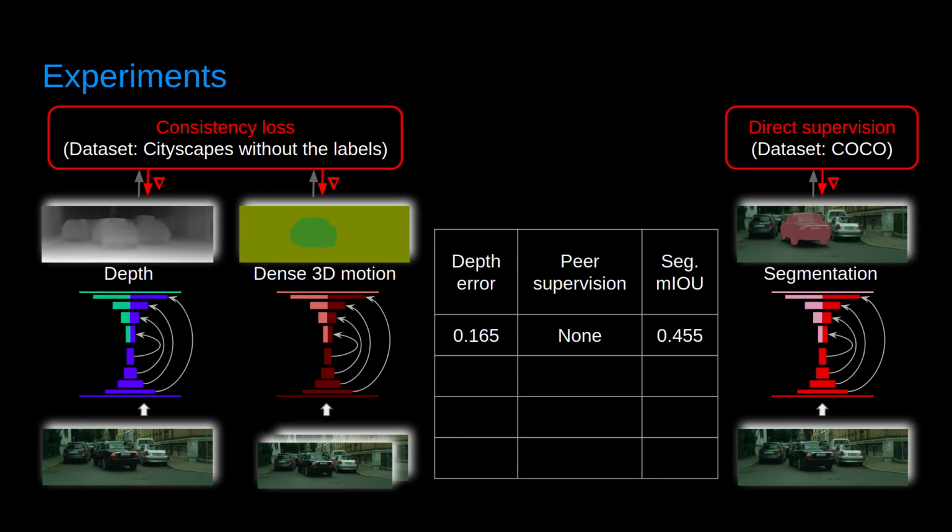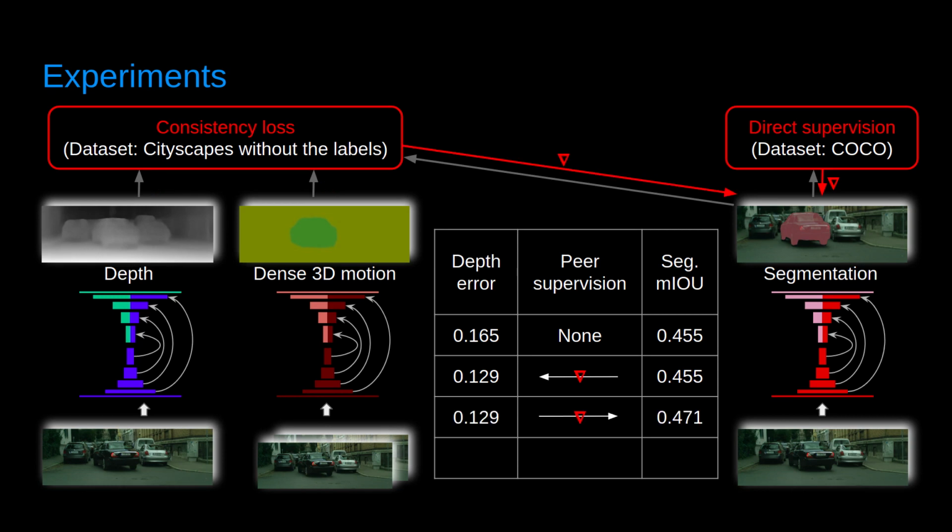So let's go back to the trio of tasks introduced earlier. If we train a depth and motion model separately from the segmentation model, they all achieve certain test metrics as shown here. Now let's tie all 3 tasks together. If we let gradients flow from the segmentation model to the depth and motion models, the depth metric improves. Let the gradients flow to the segmentation model, and its metric will improve too. The best results are obtained when the gradients flow both ways, or in other words, when all models supervise each other. In this experiment, Coco was used as a label dataset, and Cityscapes, with the labels stripped off, was used